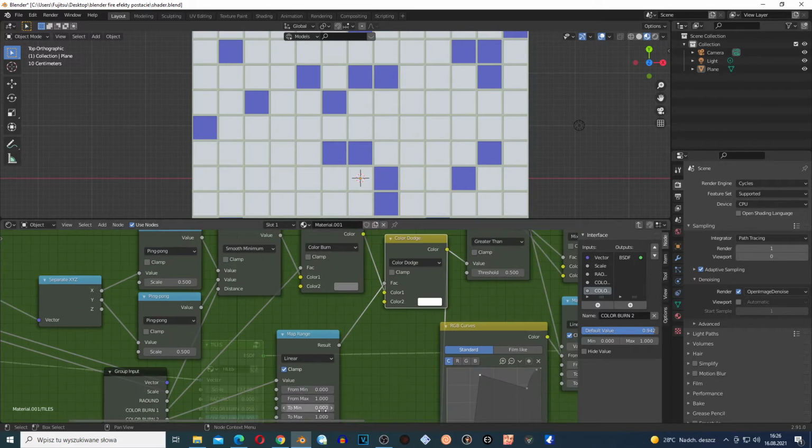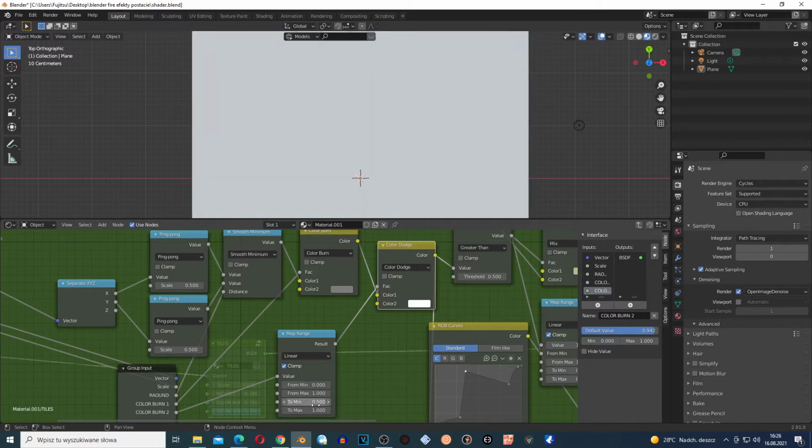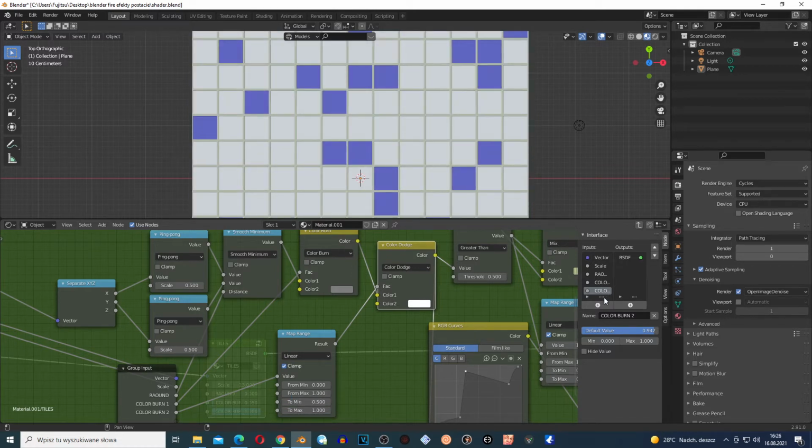So on the minimum just click 0.5. Okay, and you can rename this to color dodge. Okay, color dodge. Now